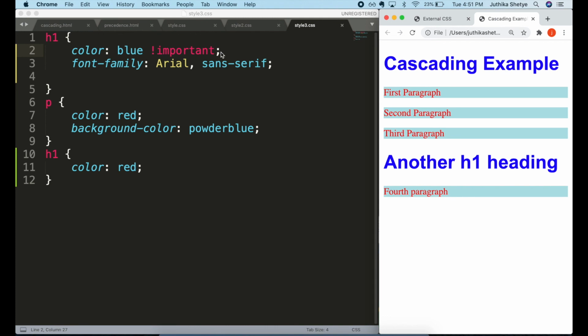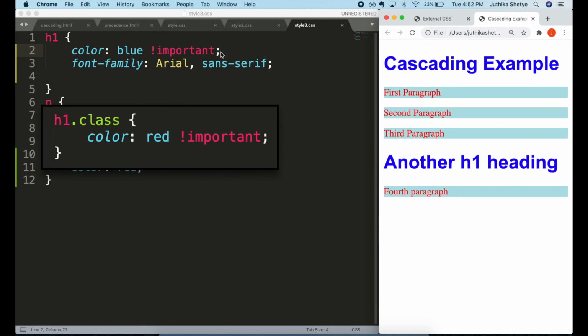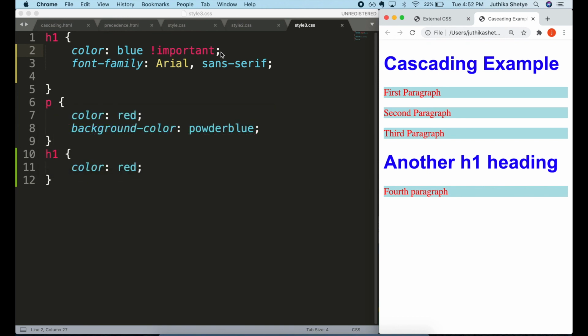The only way you can override a style declaration with important is to use a selector with a higher specificity and the important keyword. That can get pretty messy. So it's useful to know how important works in case you encounter it in other projects or examples. But it's generally considered bad practice because it doesn't really adhere to any rules.